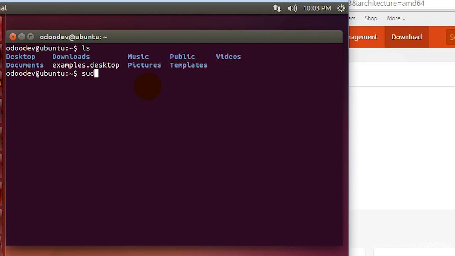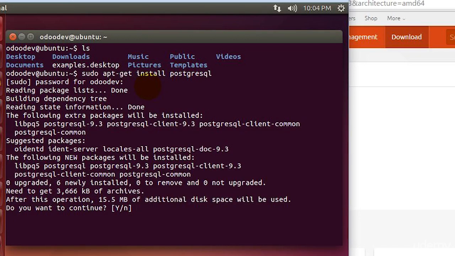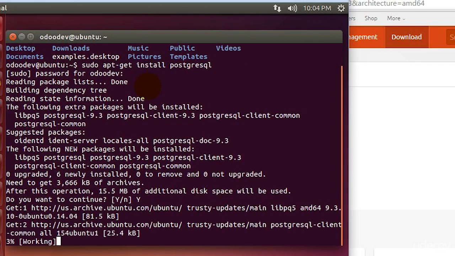So we type sudo apt-get install. So install is typically used when you're installing new packages. And I'm going to go ahead and type postgresql and hit enter. It prompts us for our sudo password again because we're doing an operation that requires administrative access. We just type in our password, and once again it's going to prompt us because we're using up disk space and this is an important application we're installing. It's just to make sure that we're okay with this. So we hit yes,